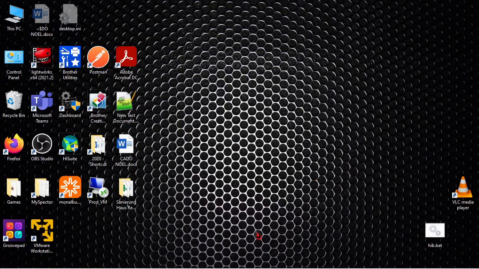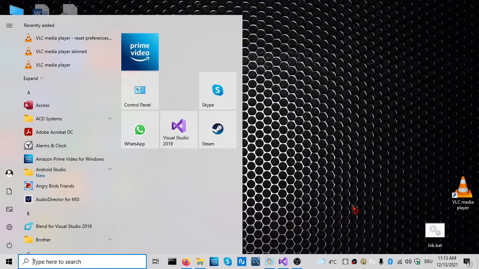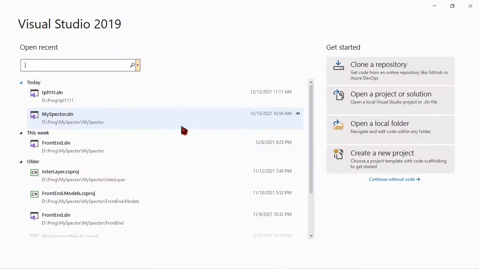Hello, today we are going to see how to create a testing template of a project in Visual Studio, and to create the template with the core project and the unit test project, the automatic test project. So first I'm going to start Visual Studio. I am going to start with Visual Studio 2009.